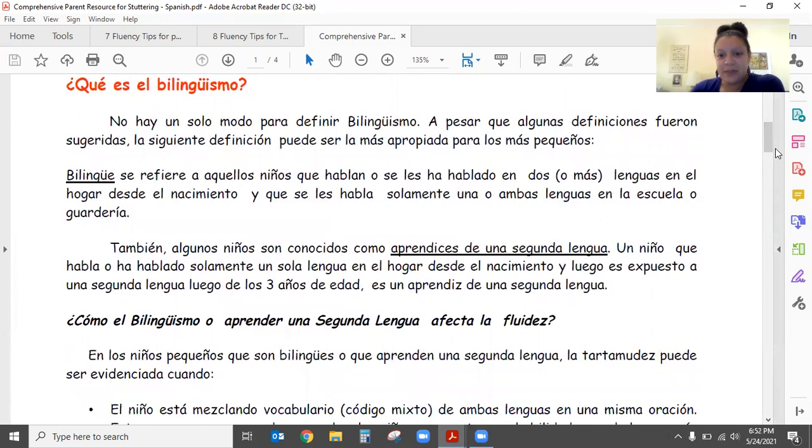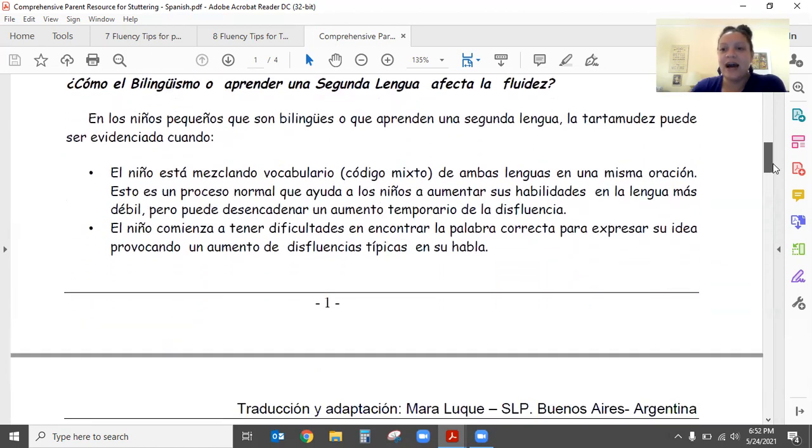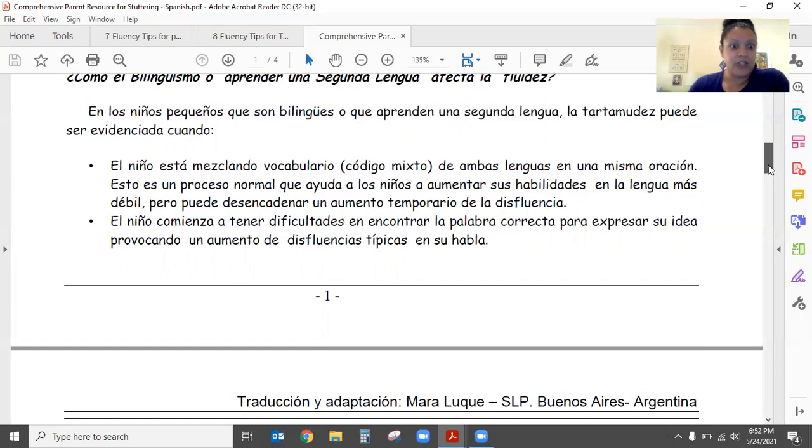So what is bilingualism? Well, we know that that's acquiring another language on top of a language that they've already gotten, or in some cases they're being raised as a simultaneous bilingual where they're exposed to 2 or more languages at the same time and working through that. So there's different types of bilingualism. And how does bilingualism affect the fluency of speech? And it says,